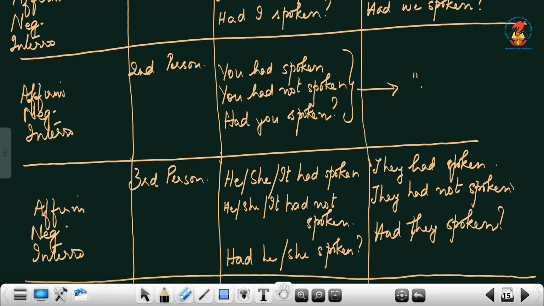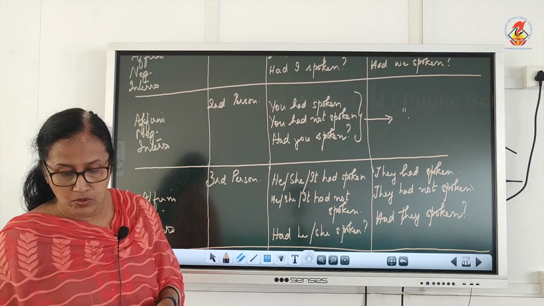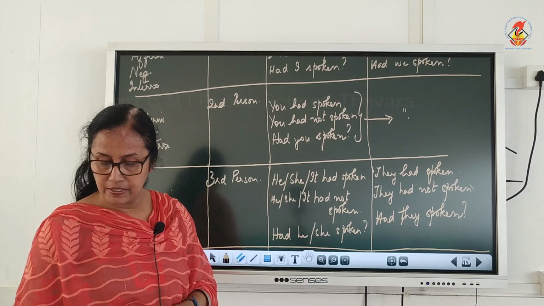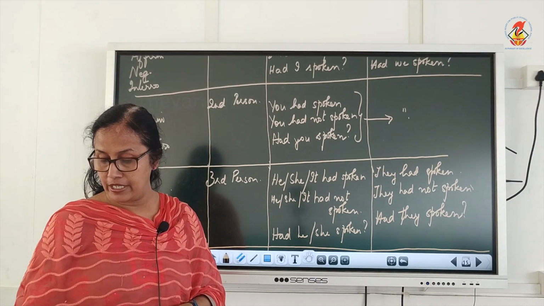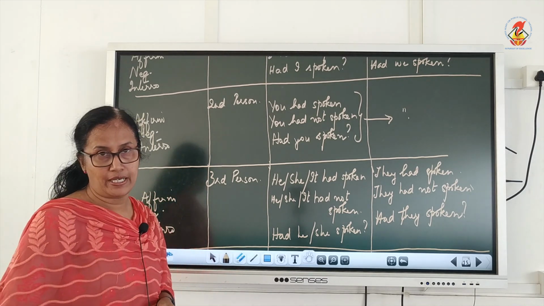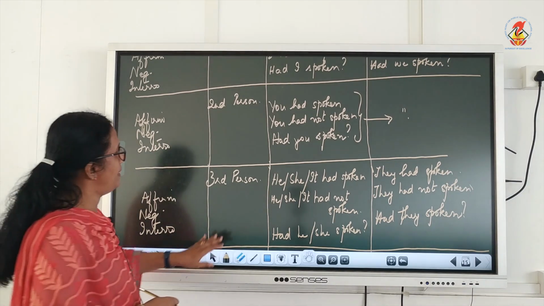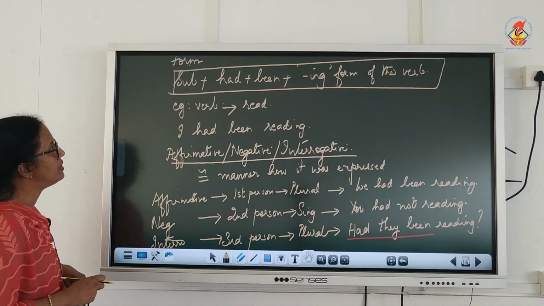So that is how you are going to express past perfect tense in the affirmative, negative and in the interrogative. So this is what we are going to be doing with the past perfect. Now when you finish off with the past perfect, you have to do your exercise G and exercise H from your textbook, that is page 83 and page 84 of your textbook. Okay. Then only we will move on to the next part of your subdivision, that is